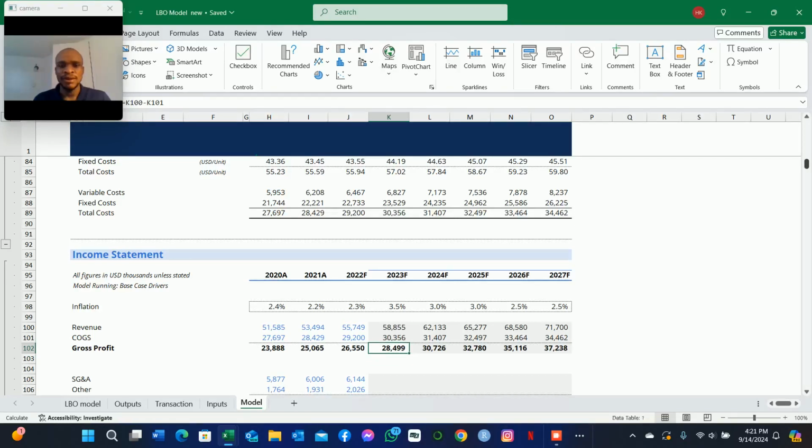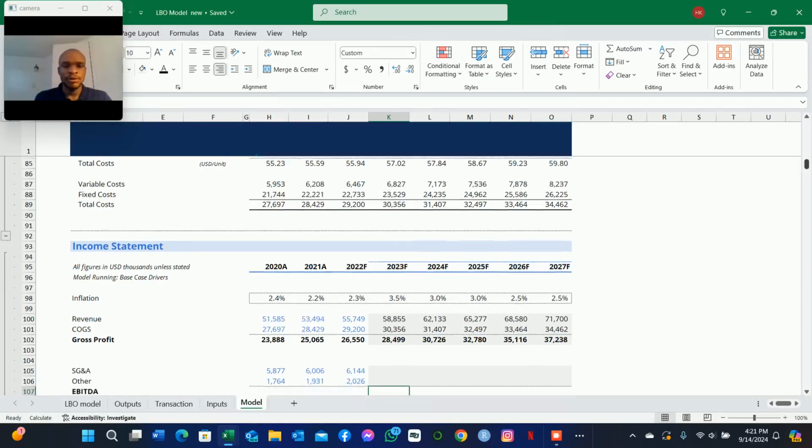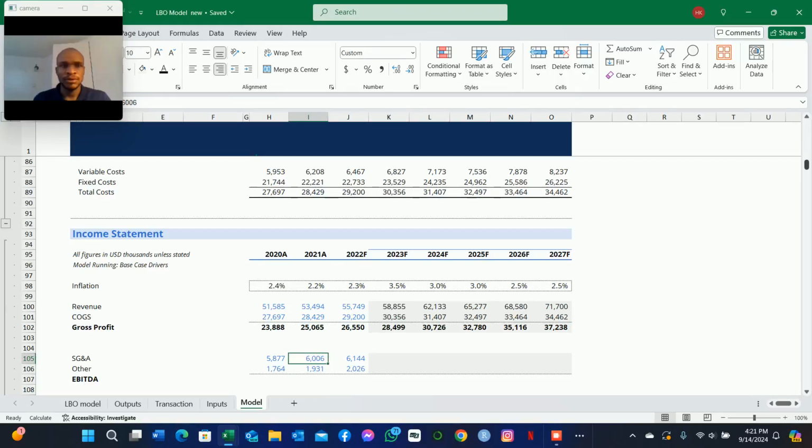We go Alt H, Alt H. We have it in place. So we are now ready to calculate our operating expenses going forward. For the selling, general and administration expenses,